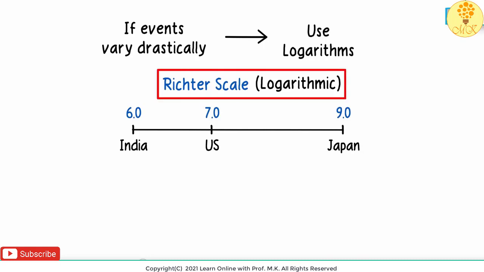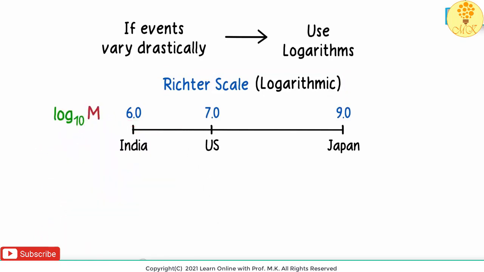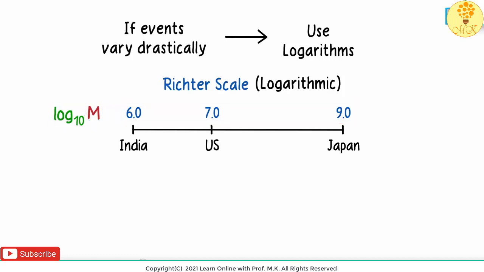The Richter scale is a base 10 logarithmic scale, which means they are in the form log m to the base 10. Don't worry about what this m is. We don't really want to get into details. Just that log to the base 10 of something gives us these numbers which tell us how strong the earthquake is. So if log of m to the base 10 is 6, what will be the value of m?